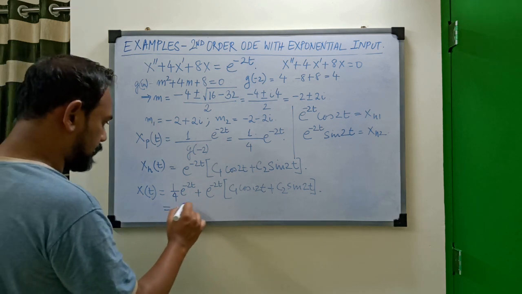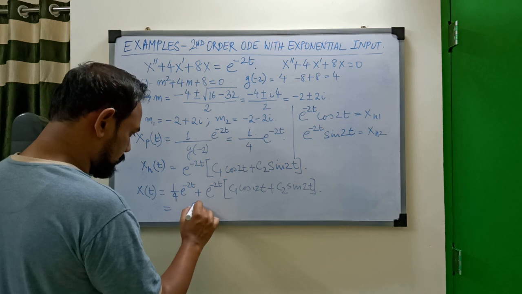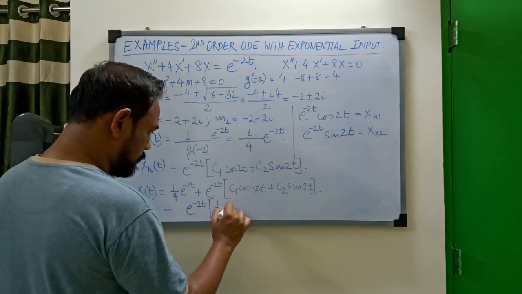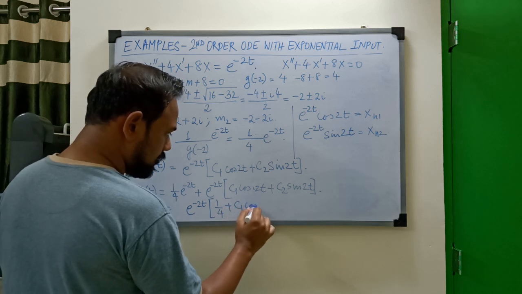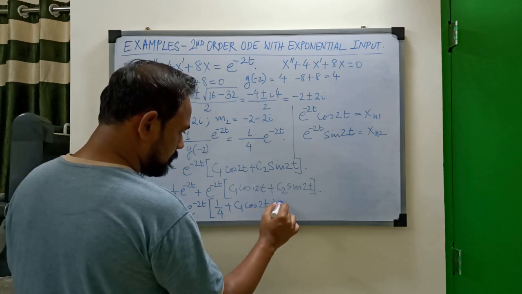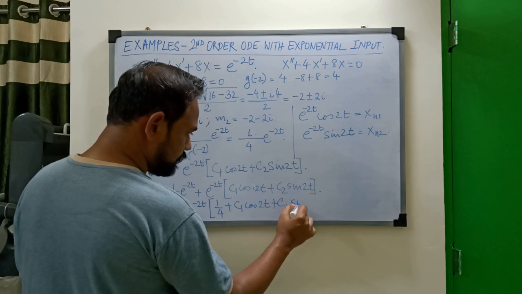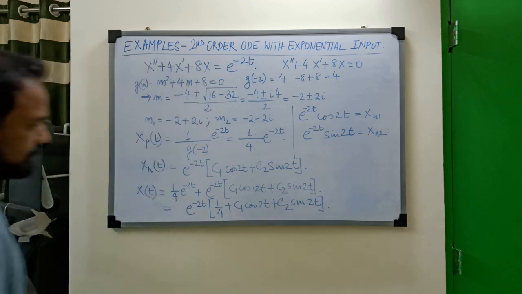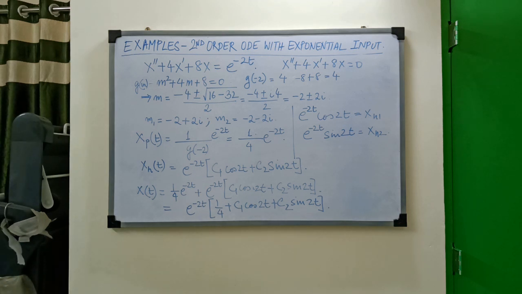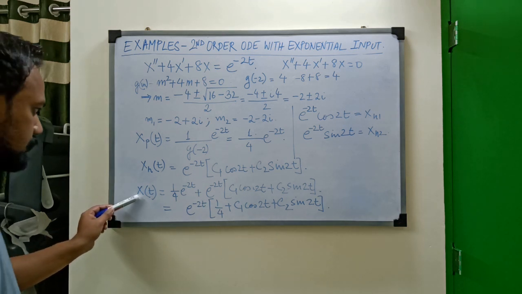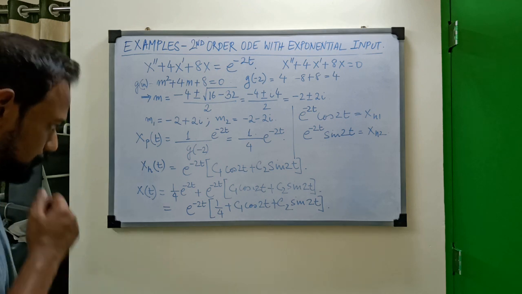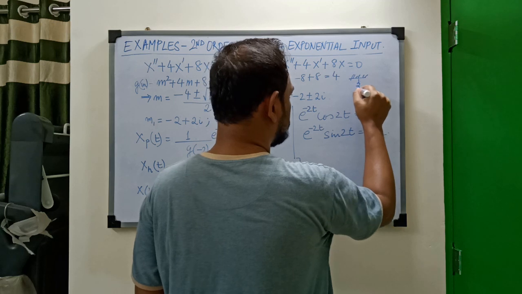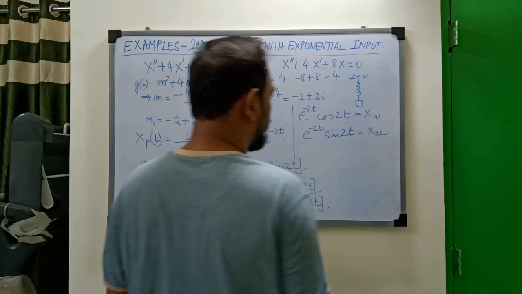And you can take e to the power minus 2t common. So you have e to the power minus 2t, and I'm left with 1/4 plus c1 cosine of 2t plus c2 into sine 2t. Well, that's the solution. What does this solution interpret? Again, if we go back to our problem of suspending a mass by a spring,